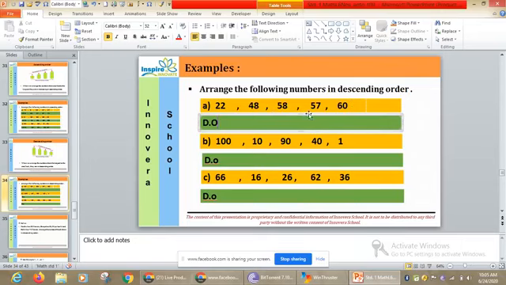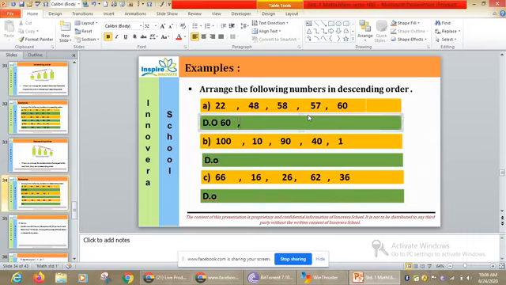Which is the bigger number here? 22, 48, 58, 57 and 60. The bigger number is 60. So we write 60. After 60,